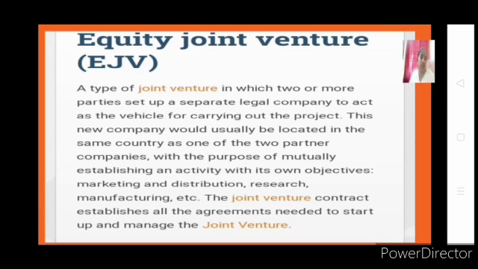So this is a major difference you have to remember about contractual and equity based joint ventures. In simple terms, in contractual joint ventures, they just enter into a contract, they don't form any new company having a separate legal entity. But in case of your equity based joint venture, A and B will enter into an agreement to start a new business with a new entity, a separate business, and for that separate business both A and B will be the owners. In this case, A will be having his own business, B will be having his own business. Apart from that own business, they will be participating in the new company also. This is your equity based joint venture.